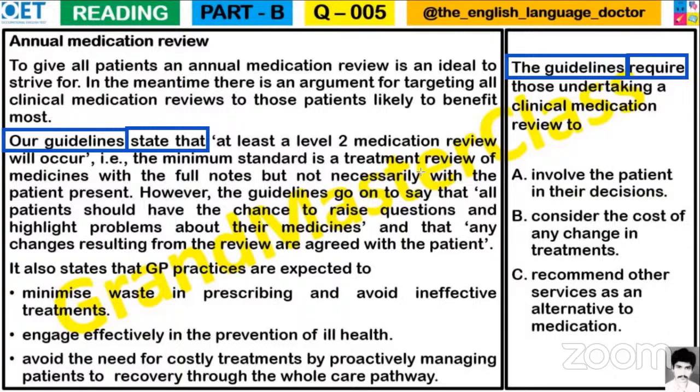The minimum standard is a treatment review of medicine with the full notes, but not necessarily with the patient present. However, here is the clue. However, the guidelines, here is the actual sentence. The guidelines, however, try to understand the word however, it is a twister. The guidelines require, go on to say that,